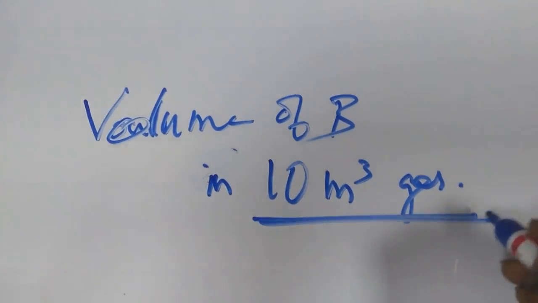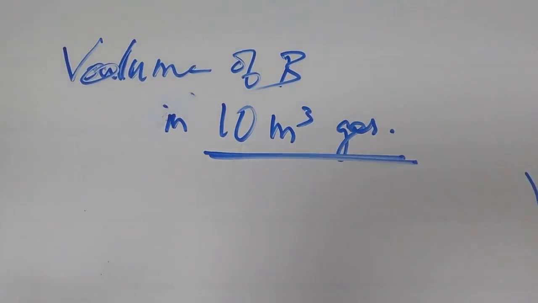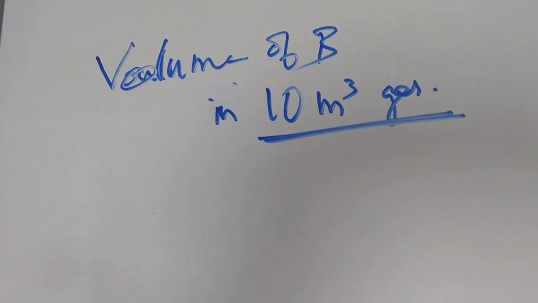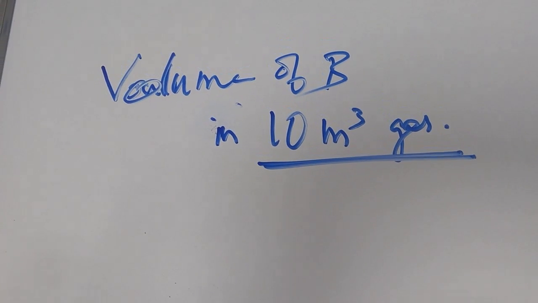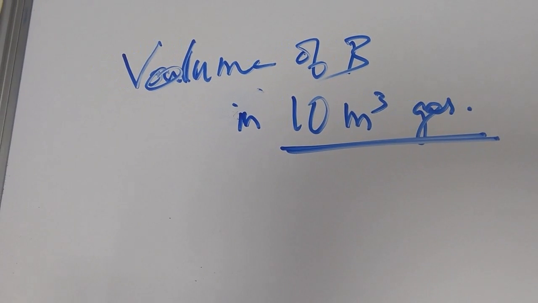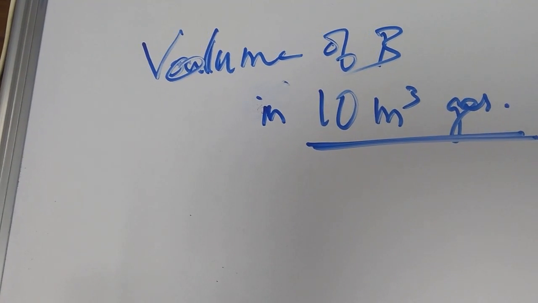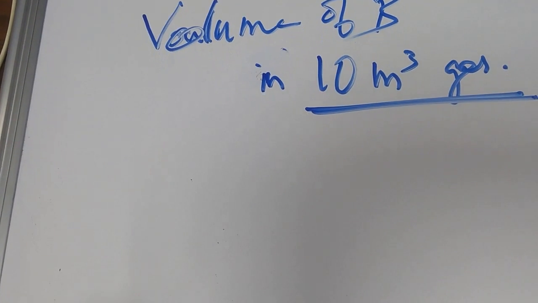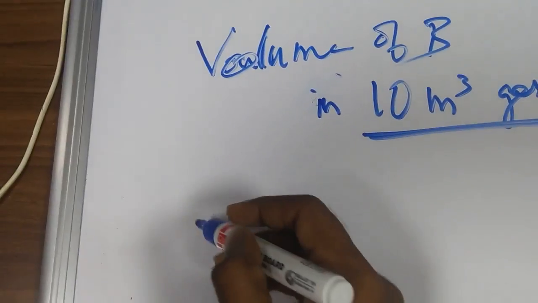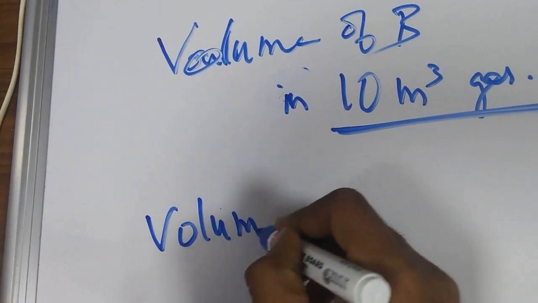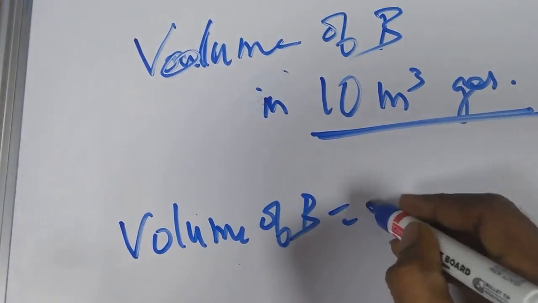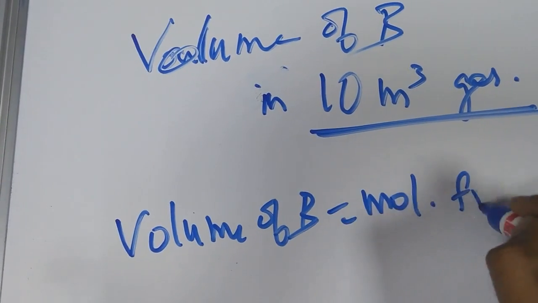When you have total natural gas of 10 meter cube, what is the volume of B? So that is the question, second part, right? So how to solve it? Volume of B is based on mole fraction. First we will find the mole fraction. Volume of B is equal to mole fraction of B